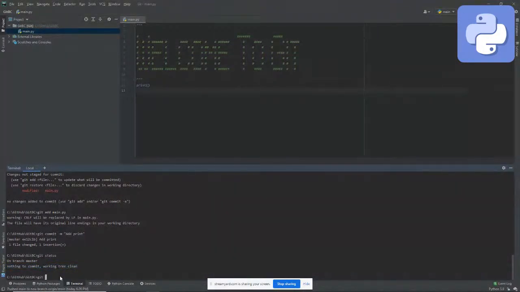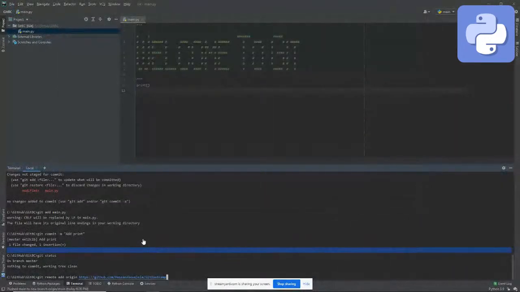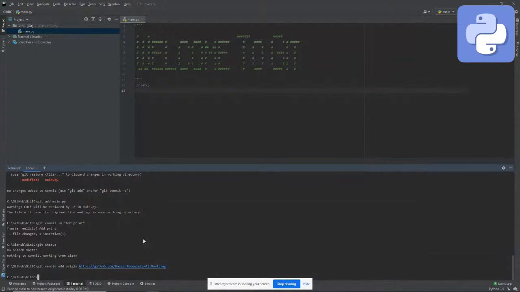Now, if we want to push it to our GitHub repository, we can use the remote command, which we talked about earlier. Remote add. You can call it whatever you want. I'm just going to call it origin here. I've already prepared a repository I can push to somewhere here. Now, if I copy this, I just have to add the link, and it's good to go. Now I can push my changes to GitHub. We covered pushing earlier as well. But if I push this now,